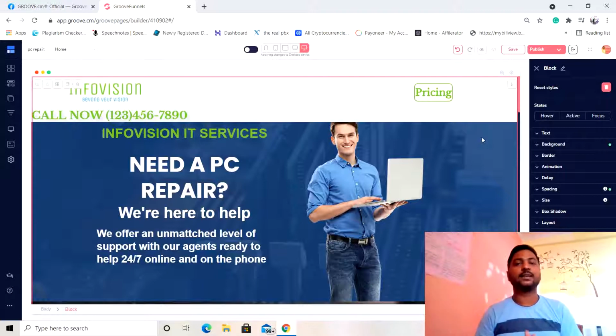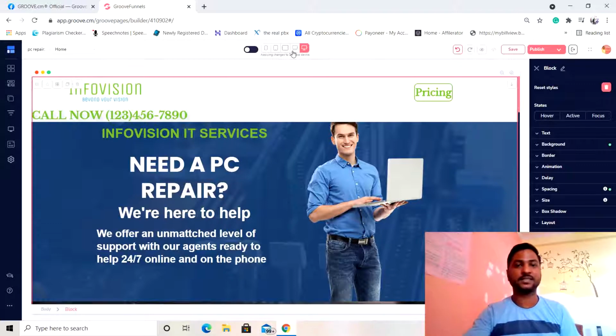So I just want to tell specifically all of those people who are facing this problem that Groove.cm has not come up with such a facility where the entire block changes according to the devices. We cannot make changes out of the box. I think Groove needs to work on this so that the Groovesters can get more convenience, more ways to play with their website according to the devices.